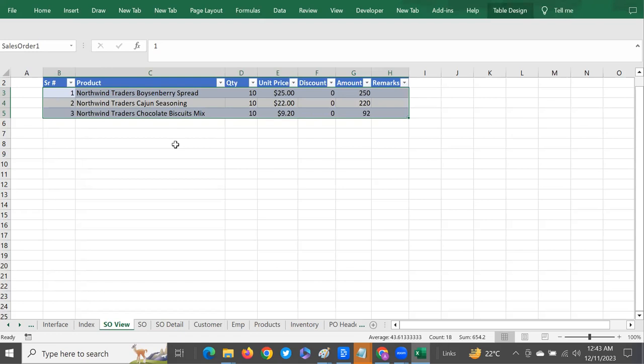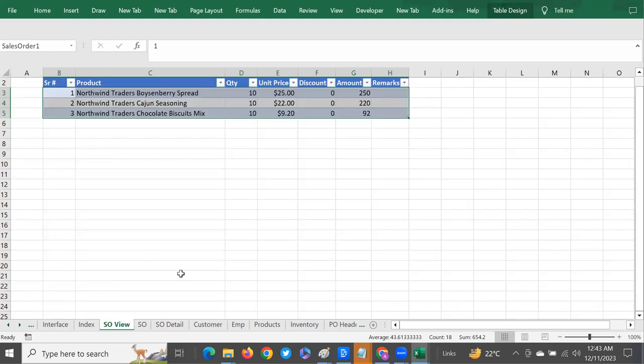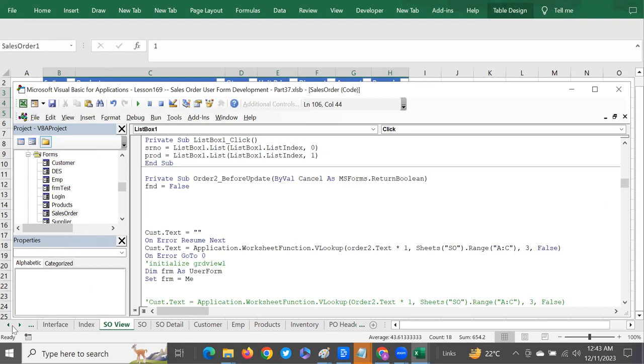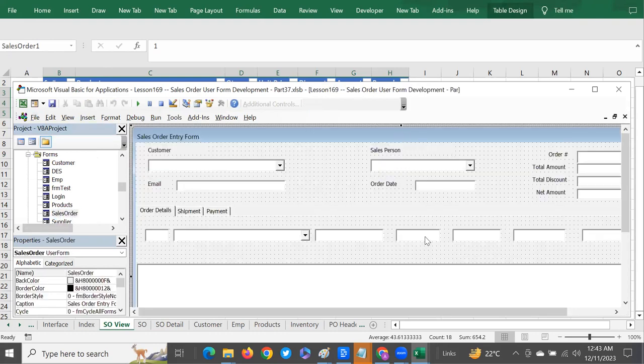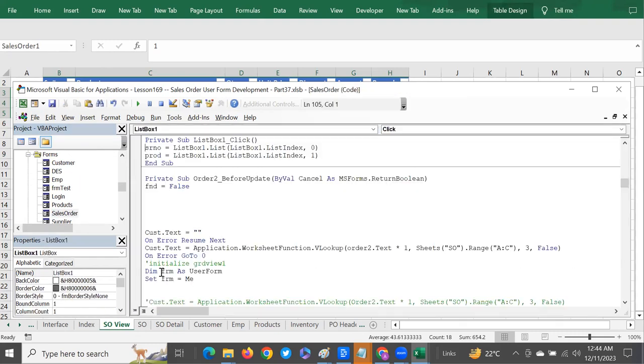So we get back there, Alt F11. We go to the sale order, and this is the discount, as you know. So make it a bit short. And this is going to be moved further like this. Okay, that's fine. Okay, so the next thing we do is,